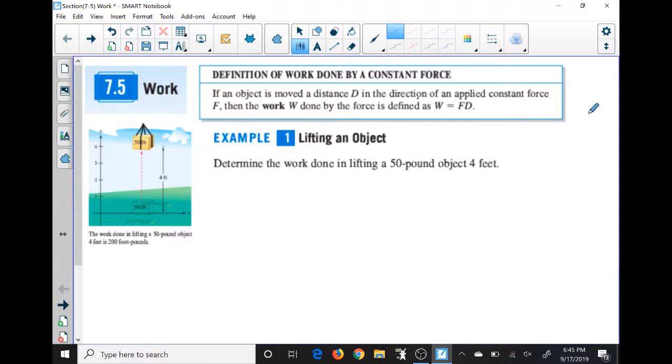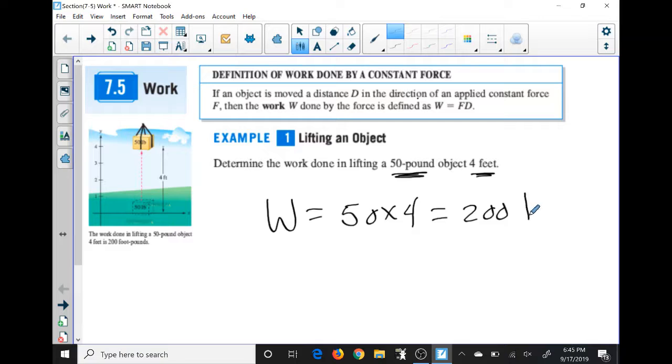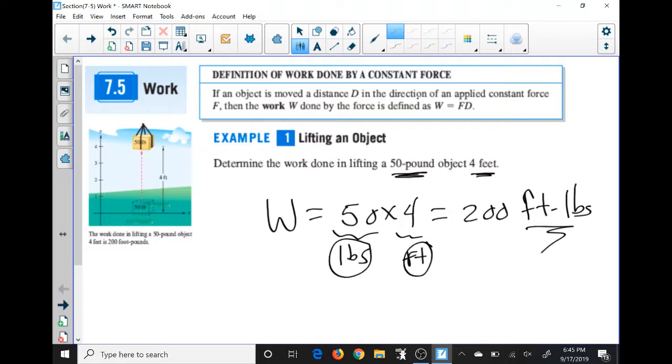So in this first example, we see that we have a 50-pound weight moving 4 feet. So work is equal to 50 times 4, which is 200 foot-pounds. Again, 50 was in pounds and 4 was in feet, and those two labels come together as foot-pounds. So this example didn't need calculus. This is a simple example. There's not a changing weight or a changing volume or a changing density, so it's a simple formula that we